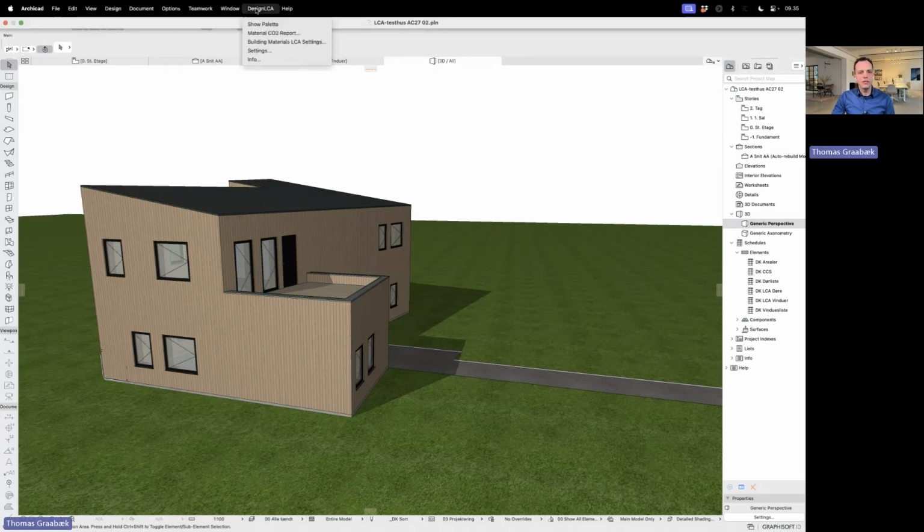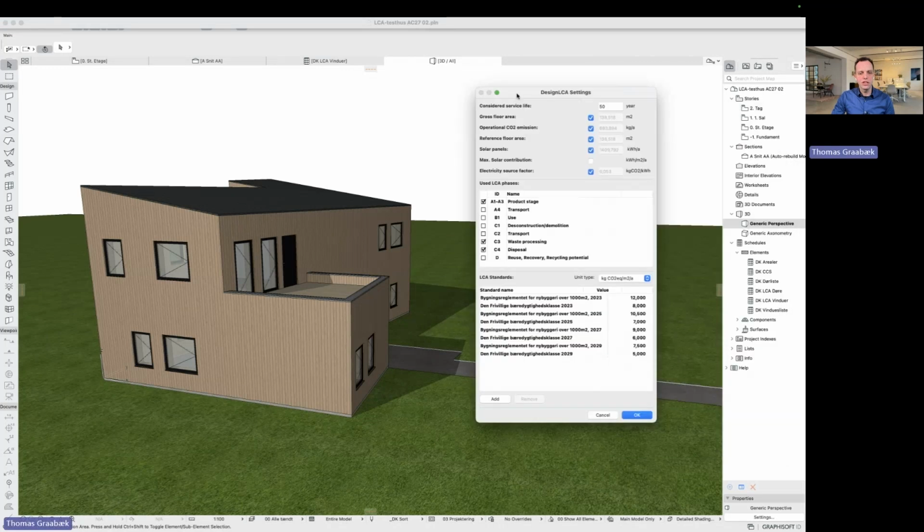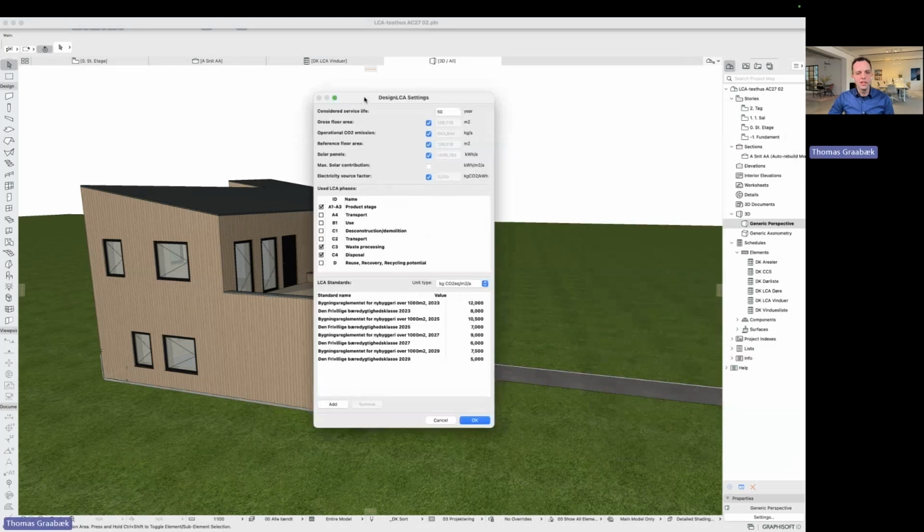In the DesignLCA menu, I have my settings. So let's just go through them. So normally you would calculate for 50 years. So that's the setting you have up here. And then everything else is automatically taken care of.